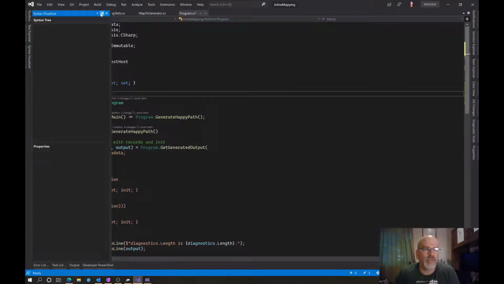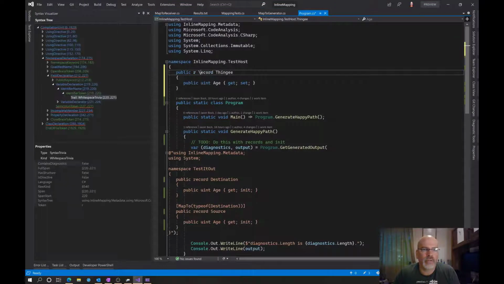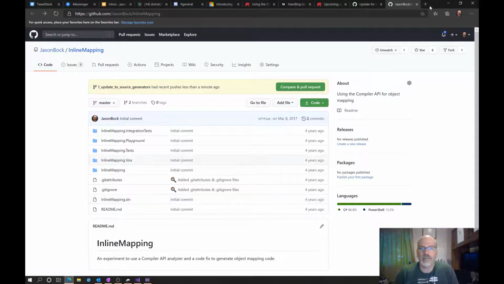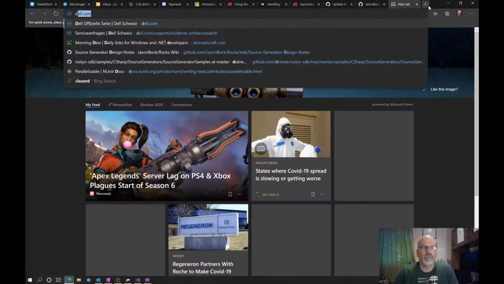Now let's go to the syntax visualizer and look at this. Yeah. So what I'm going to do is go to the Roslyn thingy. Actually, you know what? Let's just do that right now. Let's go to